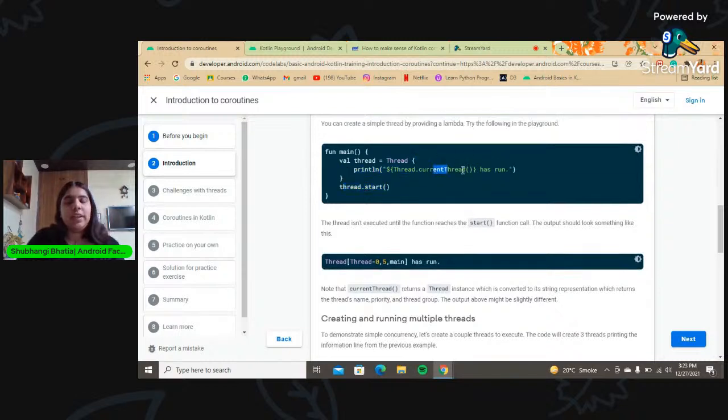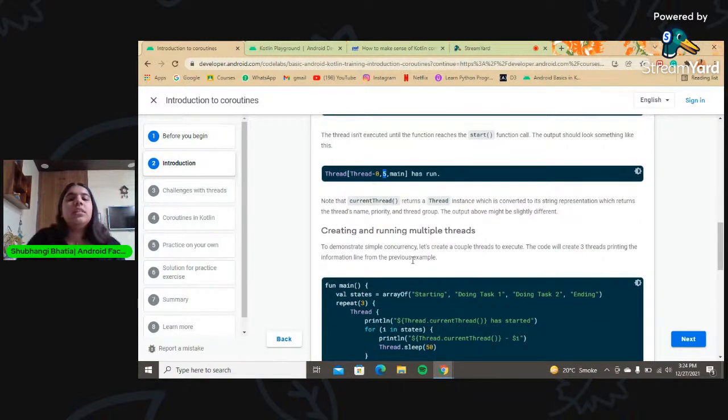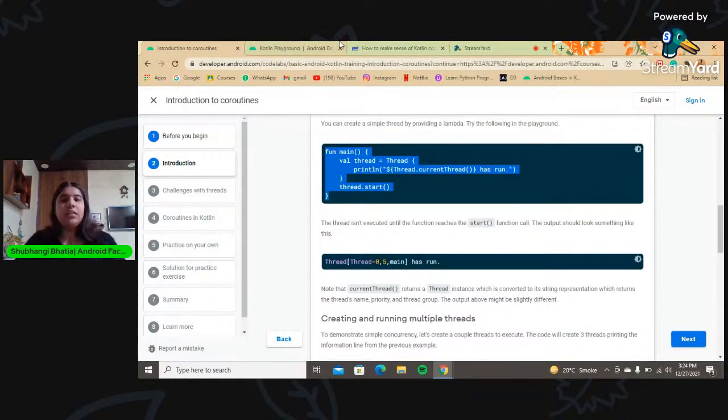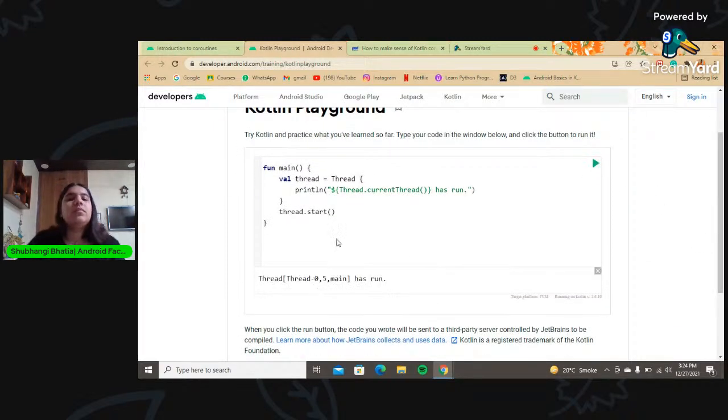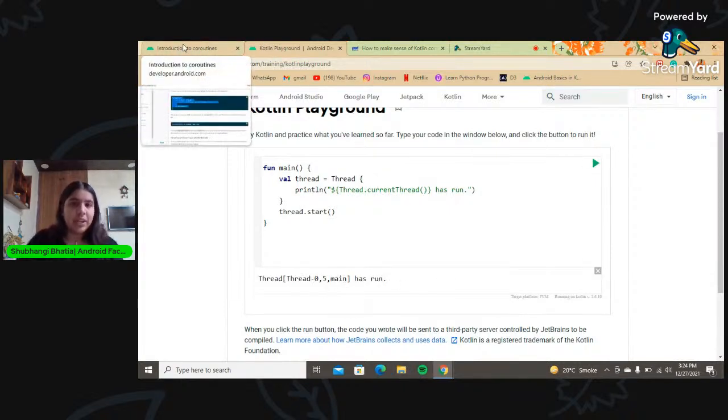करंट थ्रेड जो होता है, ये फंक्शन करंट थ्रेड, it returns, पहले तो कन्वर्ट करेगा थ्रेड को इनटू अ स्ट्रिंग रिप्रेजेंटेशन, और ये रिटर्न कर रहा है थ्रेड का नाम, priority और थ्रेड ग्रुप। सो ये main फंक्शन का है, and it has 0 which is the name of the thread, and 5 which is priority and has run. अगर इसे रन करके देखते हैं, ओके, इसमें भी यही आ रहा है, बट उसपे तुम करो तो अलग आए मे बी।